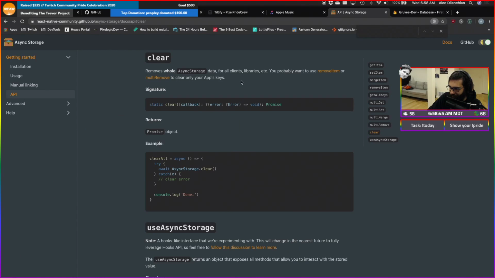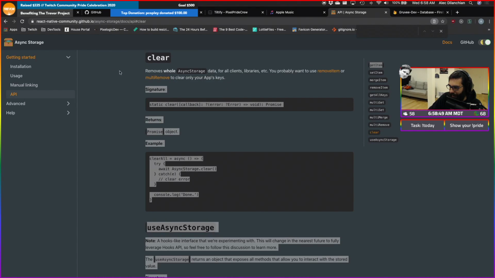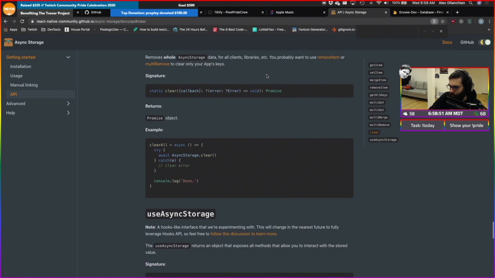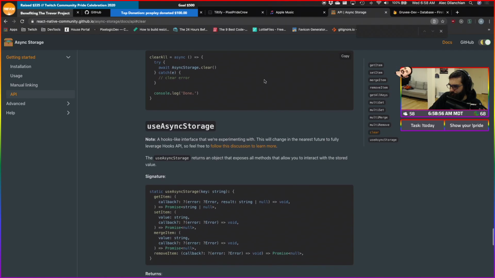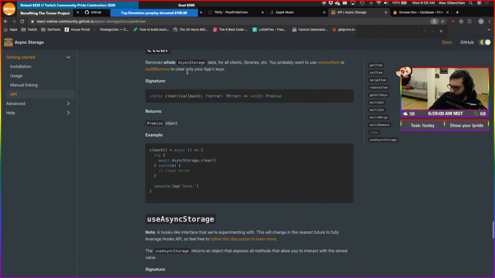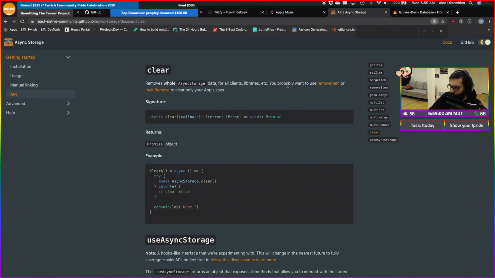Removes whole async storage data for all client libraries. You probably want to use remove item mode to clear app keys. Oh, so we don't want to do that.